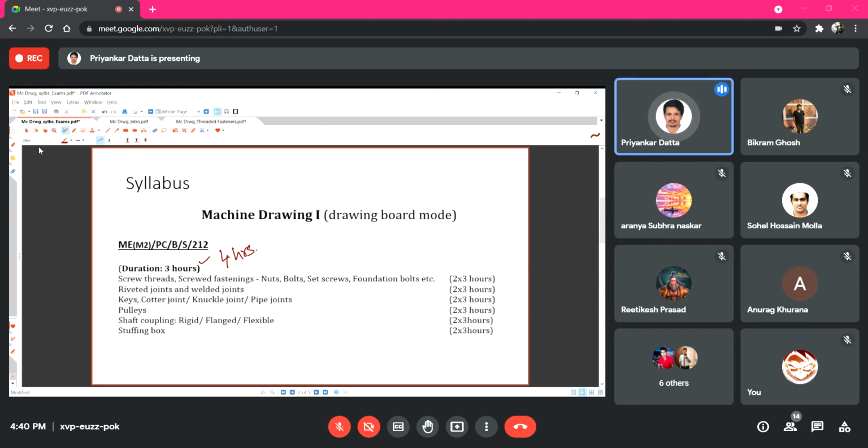Here this is a 3 hours class, and approximate division of each topic is also given by the side. Say for example the first topic is on screw threads. In the physical mode classes, what we generally do, after explaining it, there will be some drawing assignments which you have to draw in the classroom itself, and within the assigned time you have to finish it